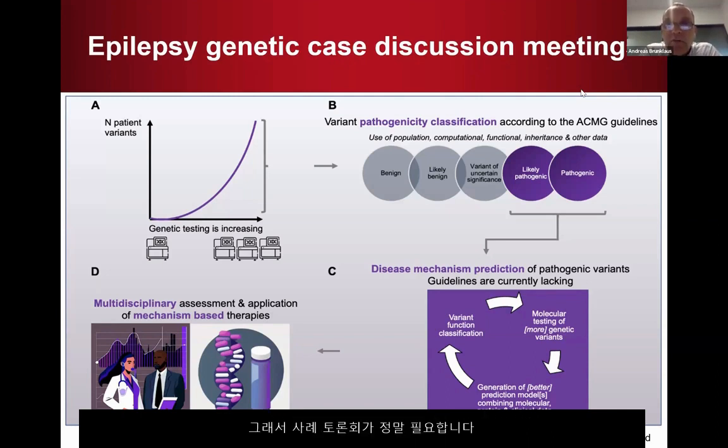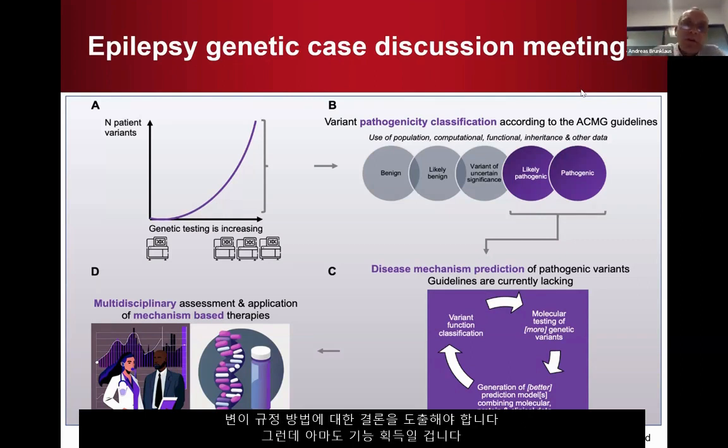So we need case discussion meetings with experts, including clinicians, geneticists, scientists and functional expertise, to come to a conclusion on how to characterize the variant, whether it might be gain of function, and then make a consensus decision on which treatment might be the best